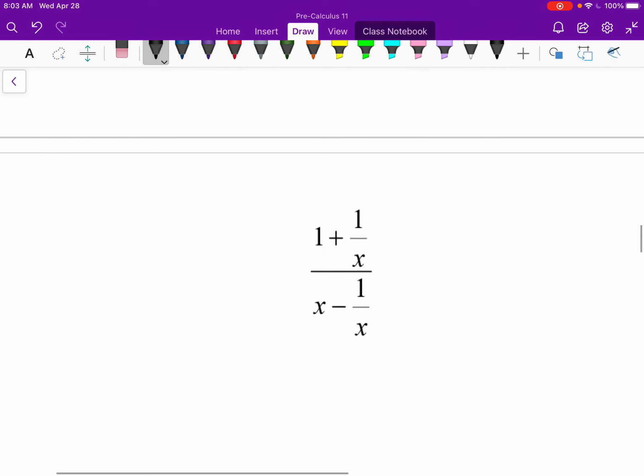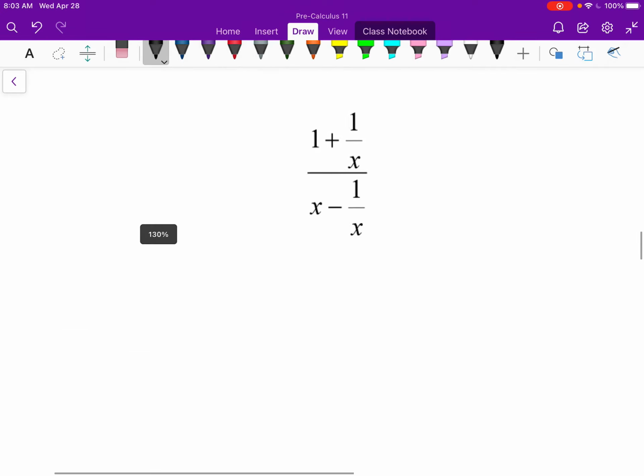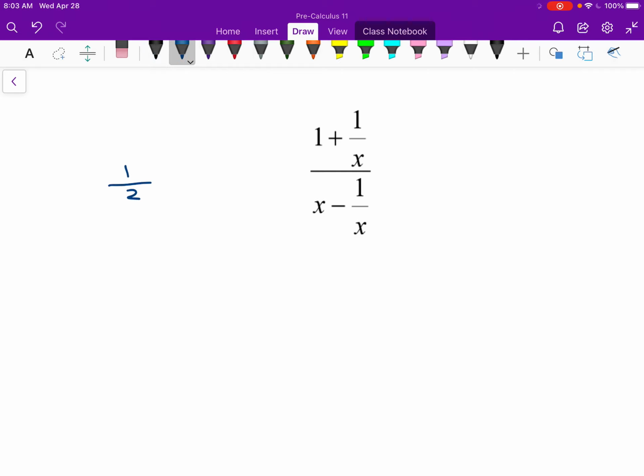All right, so one last example before the applied problem and the final problem. Something like this we call a complex fraction because it looks complex. But essentially we have fractions inside fractions. And anytime you see a fraction inside a fraction, whether it's like this or even just like 1/2 over 1/5,